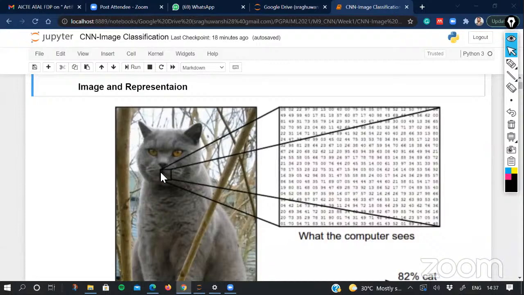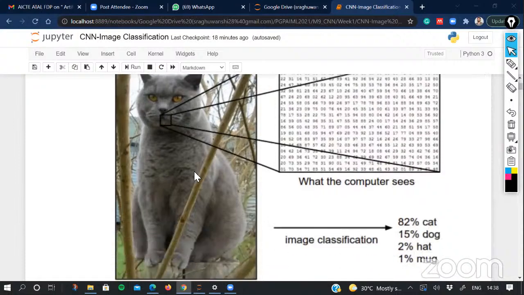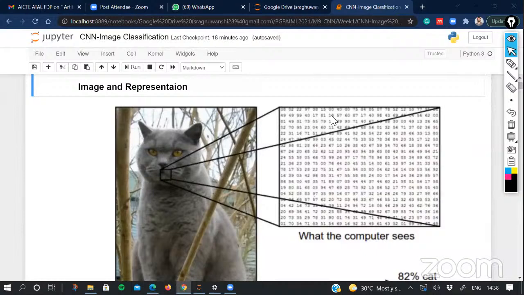And there will be three channels, which you call red, green, and blue. So if the computer looks at this particular image, even this small part will be read as these sets of numbers in the computer. And when we take these numbers to process with any of these models, we can utilize these numbers for carrying out different tasks of images or computer vision, such as image classification.